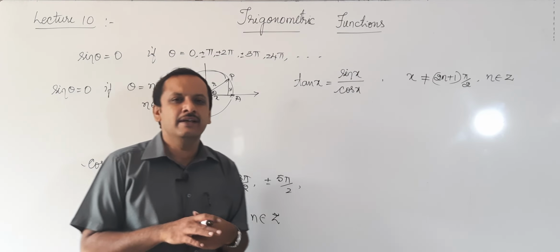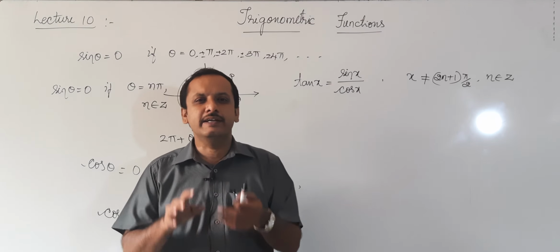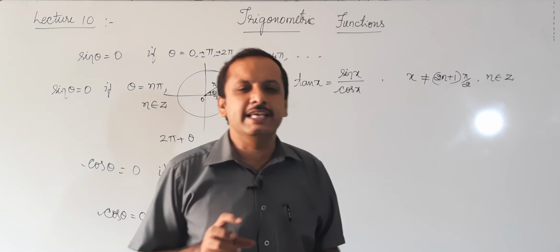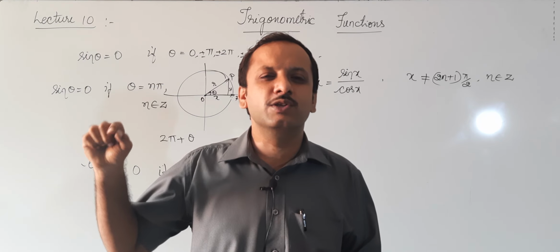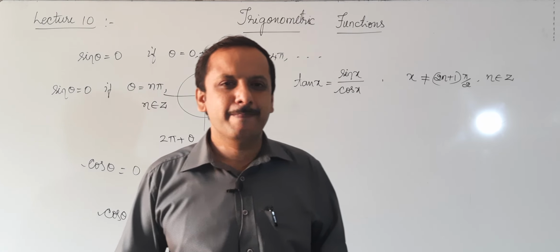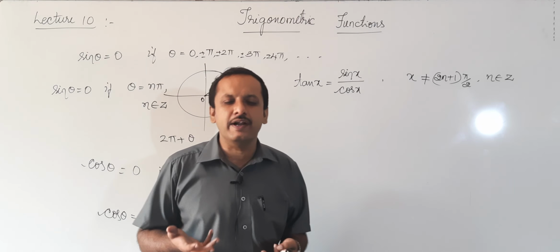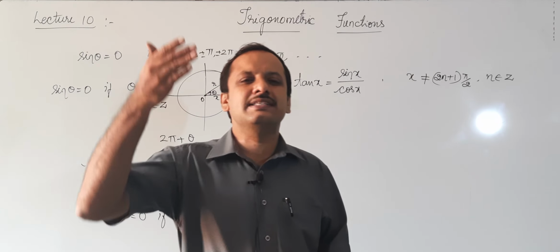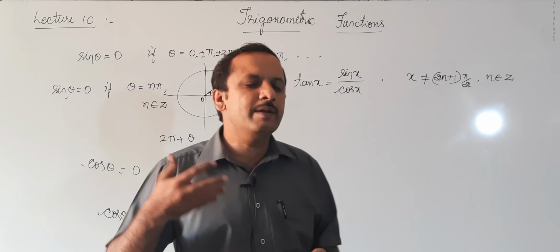And that is the reason in our trigonometric table values, you must have seen at 90 degree, sin 90 degree is equal to 1, cos 90 degree is equal to 0, and tan 90 degree not defined, you have seen. Tan 90 degree in terms of radians, tan pi by 2 is not defined, because tan theta is defined as sin theta by cos theta. At pi by 2, what happens? Cos theta becomes 0. Denominator becomes 0.